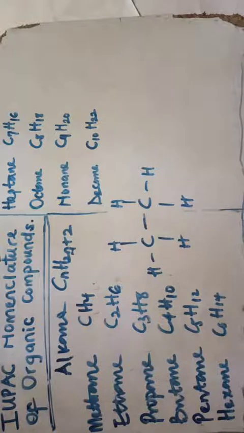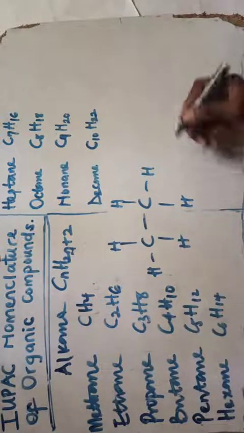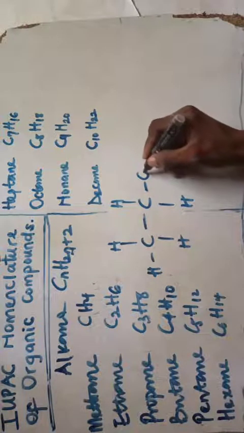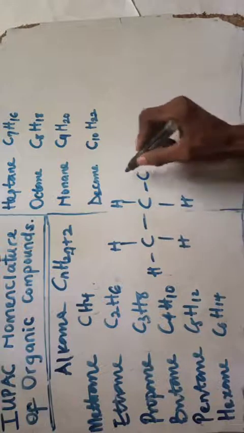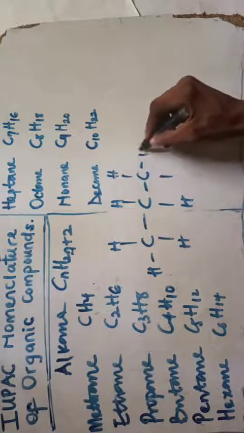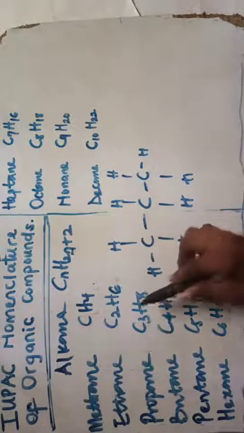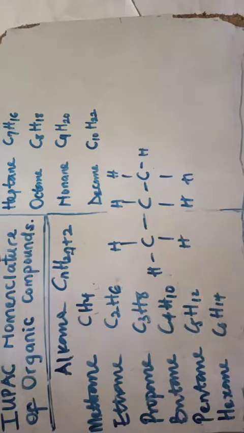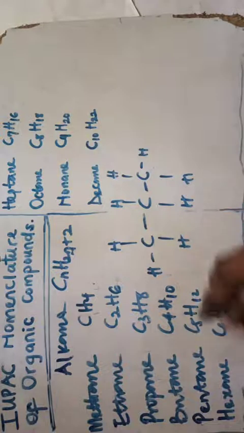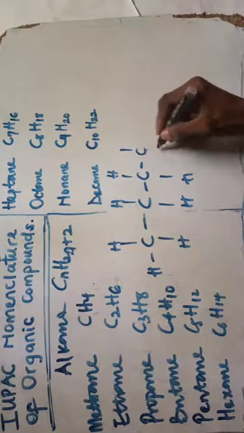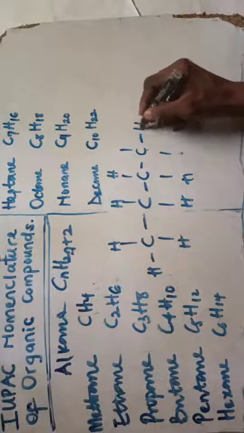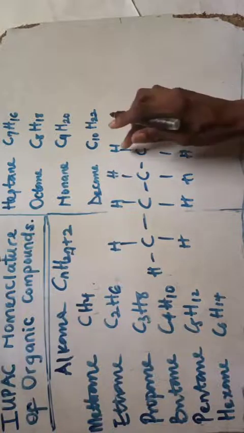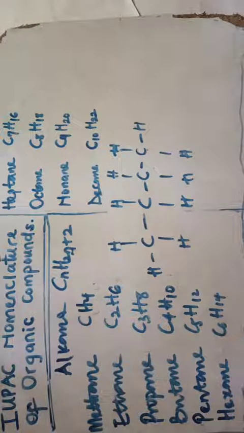So we see C2H6. If you have propane, how many C? C3. That'll be 3C, 1, 2, 3, and I will surround the remaining portion by hydrogen. If you count the hydrogen, that'll be 8, using this formula: 1, 2, 3, 4, 5, 6, 7, 8. For decane, that'll be 10C. Now let's talk about butane. Butane will be like this: C4H10, right?